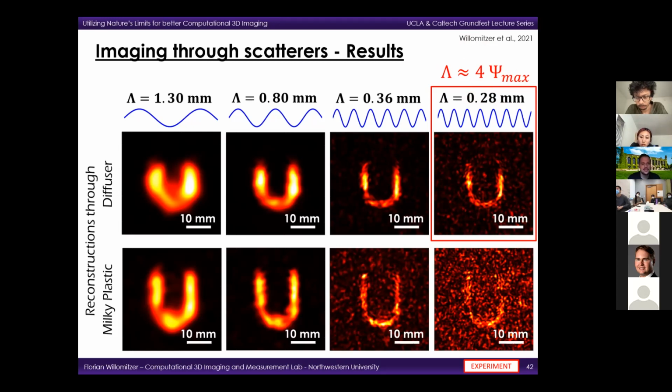So this means that this measurement is very close to the absolute limit of what is physically possible with this kind of method. I should also say that we know from other resolution experiments that this measurement reaches sub-millimeter resolution. And looking around the corner or through a scatterer with sub-millimeter resolution is very hard to do with current time-of-flight-based approaches.